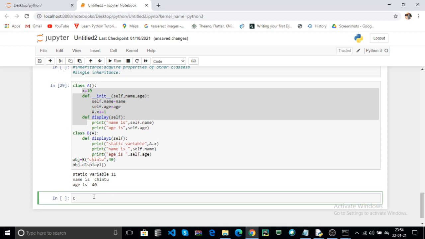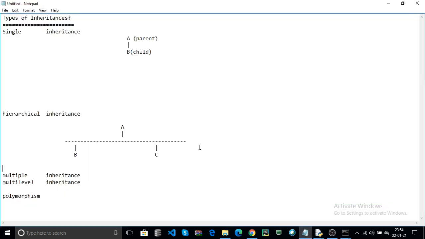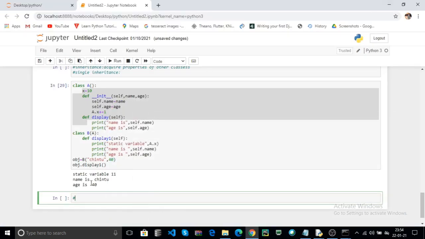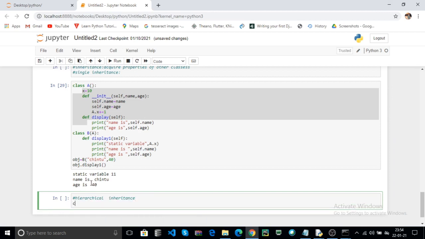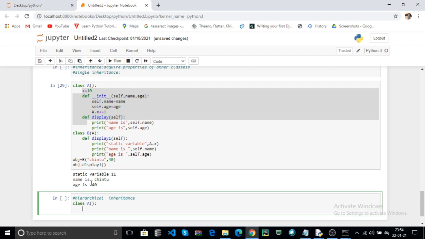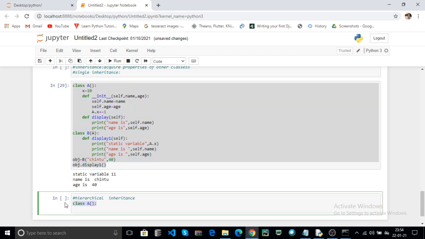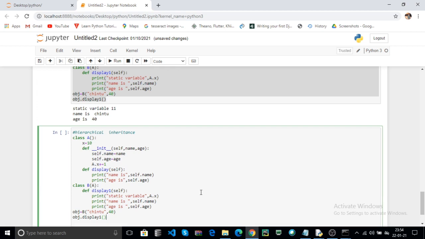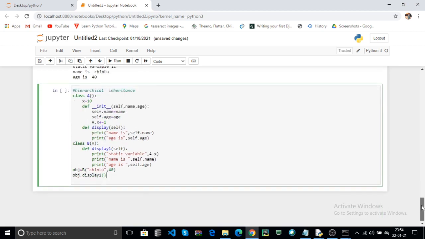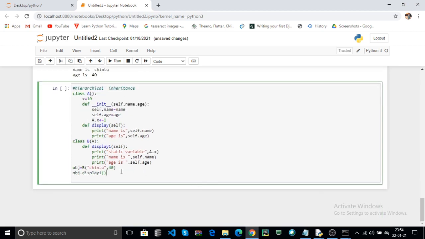Now create a class, that is A. Here you can use the same code. The only difference is how to inherit, that is the important part.